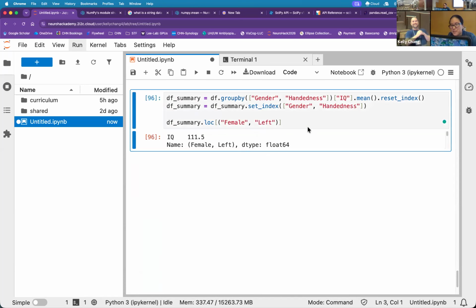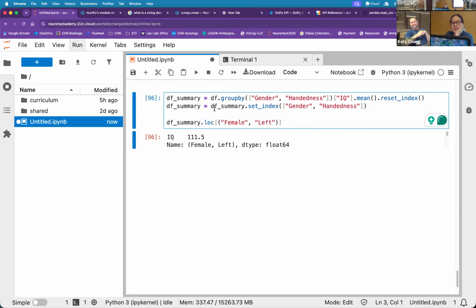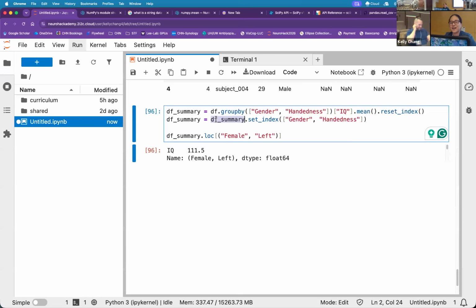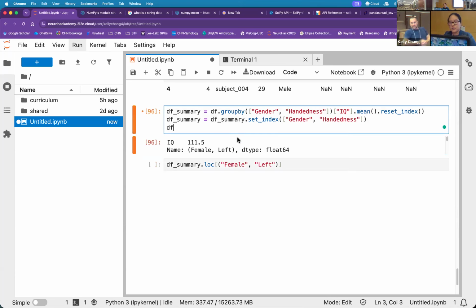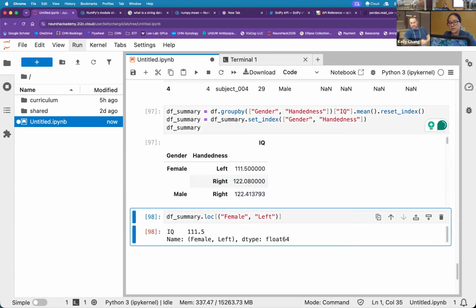Yeah, my memory's bad. Sorry, let me explain what I just did. I forgot to reassign the df summary variable, so it was just floating around there without anything. I was printing it for you guys, but my bad. You could not see that you can actually now refer to the female and left column. So notice that we're now specifying it by two indices. I see confused faces, so I'm going to print it again and show the data out.